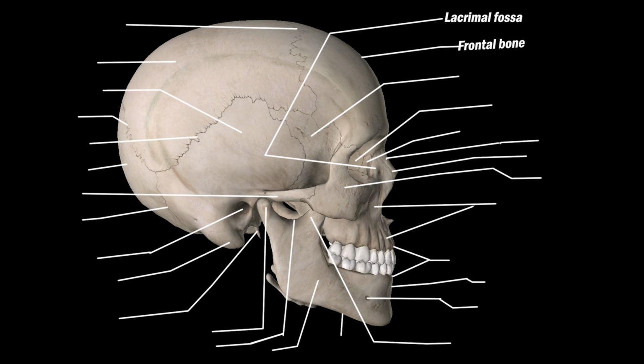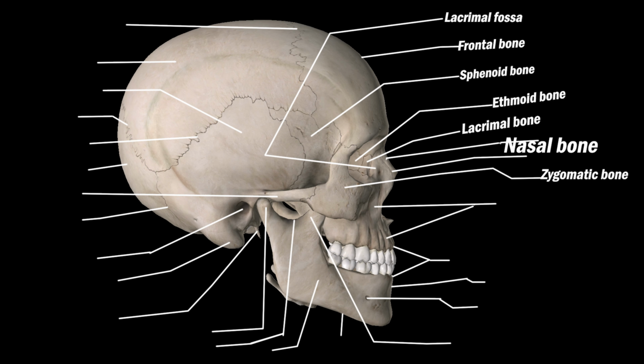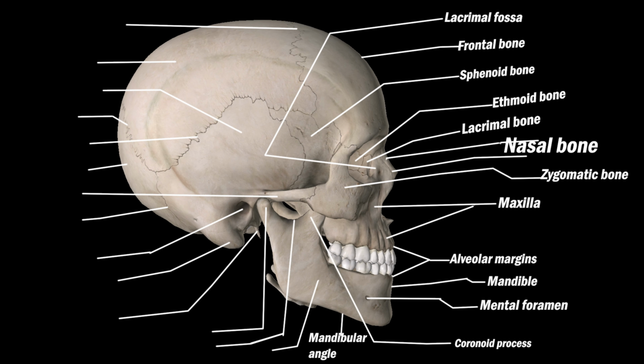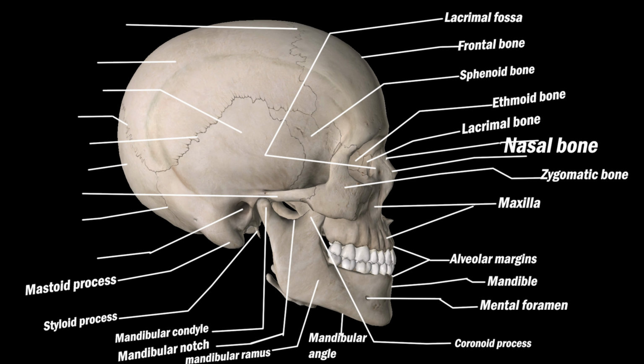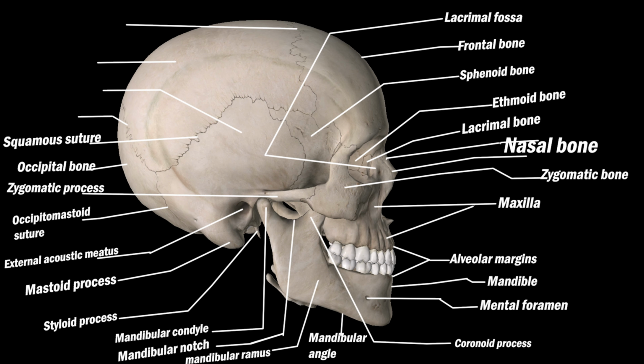lacrimal fossa, frontal bone, sphenoid bone, ethmoid bone, lacrimal bone, nasal bone, zygomatic bone, maxilla, alveolar margins, mandible, mental foramen, coronoid process, mandibular angle, mandibular ramus, mandibular notch, mandibular condyle, styloid process, mastoid process, external acoustic meatus, occipitomastoid suture, zygomatic process, occipital bone, squamous suture, lambdoid suture, temporal bone, parietal bone, coronal suture,